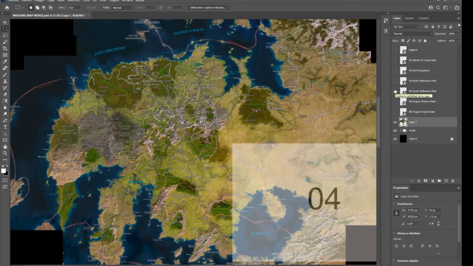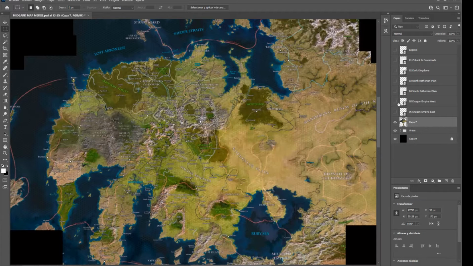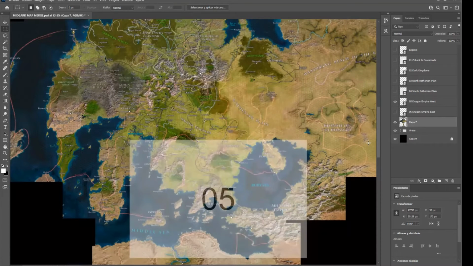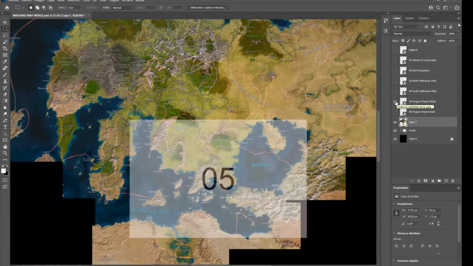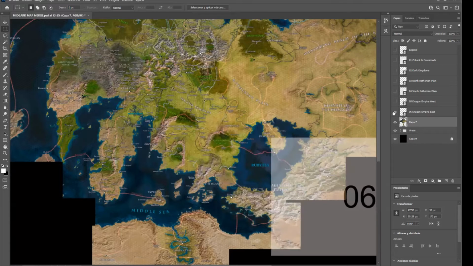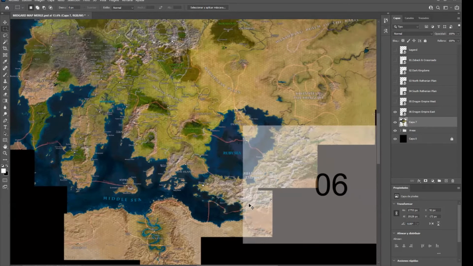El 4 es la planicie de Ruthenia, arriba el norte y el sur. 5 es el Imperio de los Dragones. Then we have number 5 that covers the Dragon Kingdom and the southern part of the Magdar Kingdom. And that's what I have for now. I think I have 6. 6 I have the other side, the eastern side of the Magdar of the Empire King of the Dragon Kingdom,